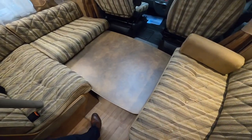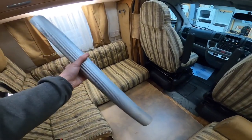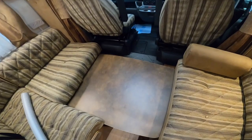So to make the bed at the front, what you need to do is lift the table completely off the pole. So there's two poles, leave the little one in, take the big one off, and then on here there's a runner here and a runner on there. You would pop this table in the middle, which fills the space in, and then you would use the infill cushion, so you'd use your backrests